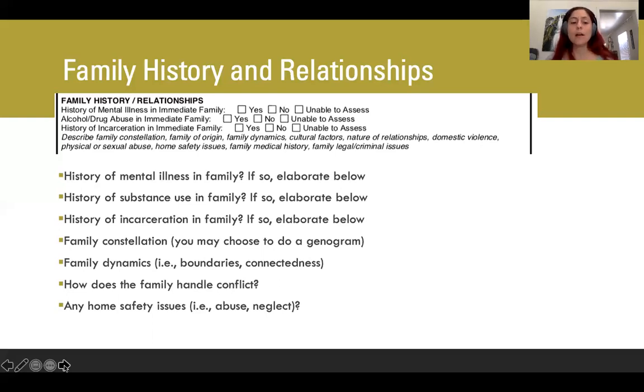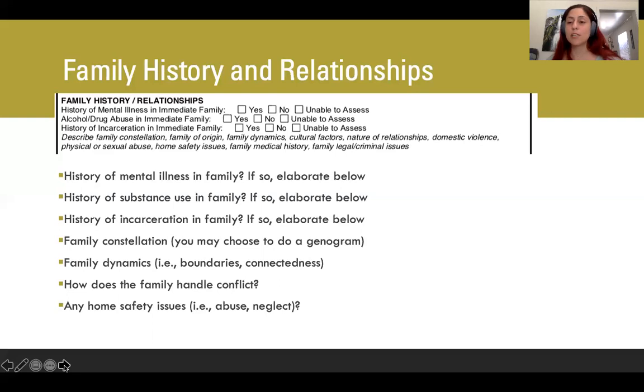I'd also ask about what the family does for fun, what their strengths are, what the client likes about their family. Okay, so try not to be too problem-oriented. I do ask about strengths in this case. And I would also ask specifically about relationships with certain members of the family. Yes, there are family-scale things that we're assessing for, but we can also do individual relationships. So asking the client what their relationship is with their mother, with their siblings, if there are other people living in the home, with those people, and so on, can be really useful.